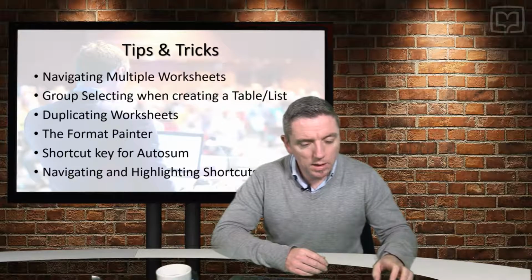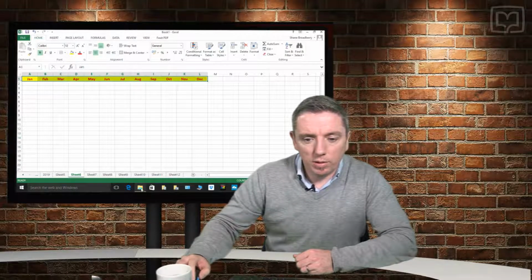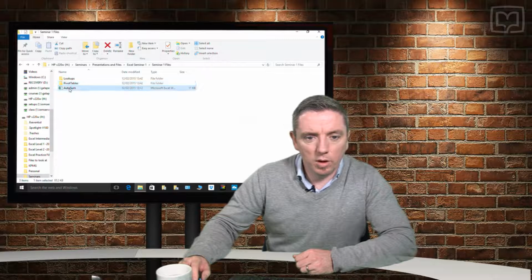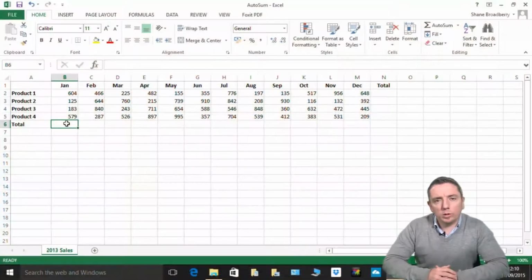Next on the list, we're going to look at the shortcut key for the auto sum. So I'm just going to go back into the file that I have open here. Actually, I have a previous file, so I'm just going to go into one I've already created called the auto sum here. So if you've worked with formulas in any way, shape or form when it comes to Excel, you've